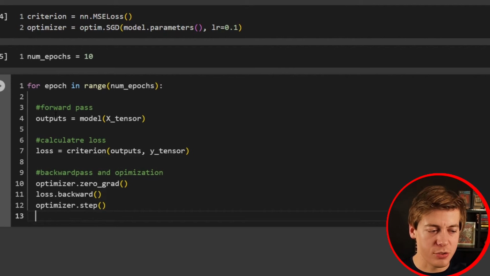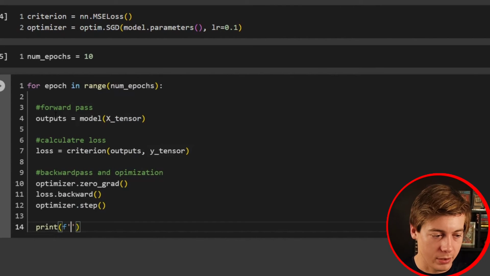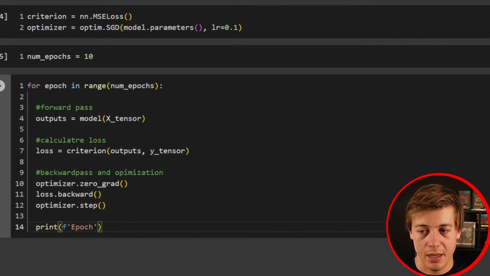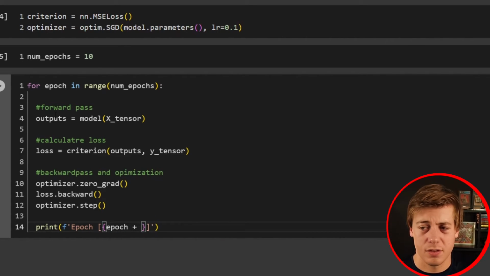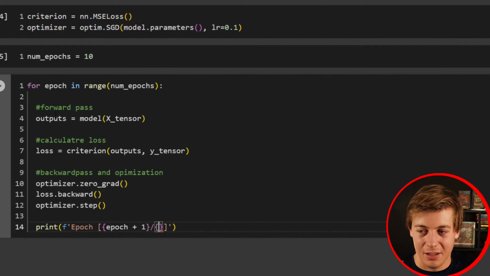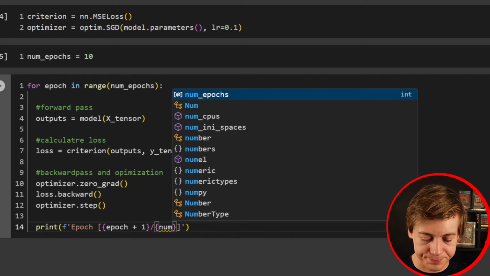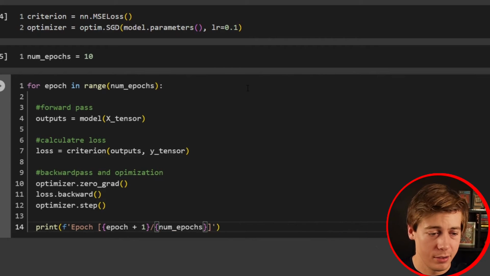Now, I just want to print out our optimization just to show you how this works. So we're going to say for epoch, and then inside over here, we're going to put our little brackets. Let's space this out a little bit. And we'll say epoch plus 1. Don't worry about what I'm coding over here, this is just to show you visually what's going on. Number of epochs, thank you for putting that over here. And then we're going to have our loss